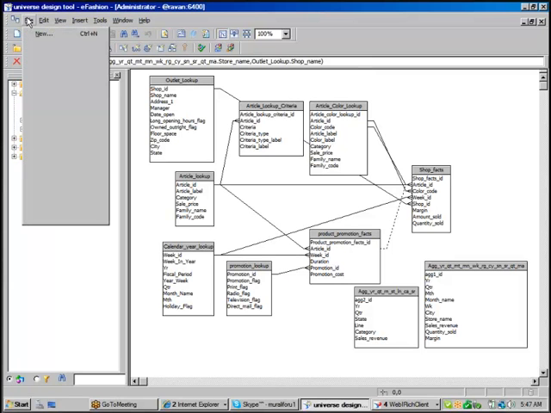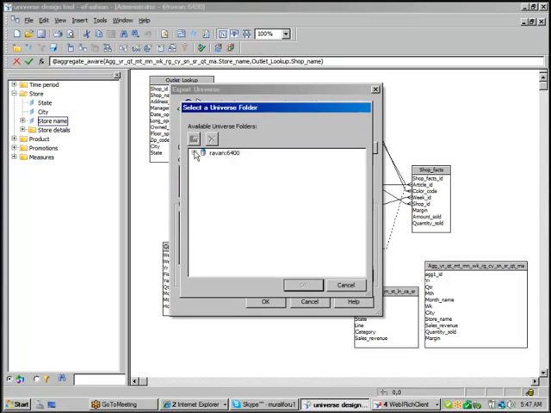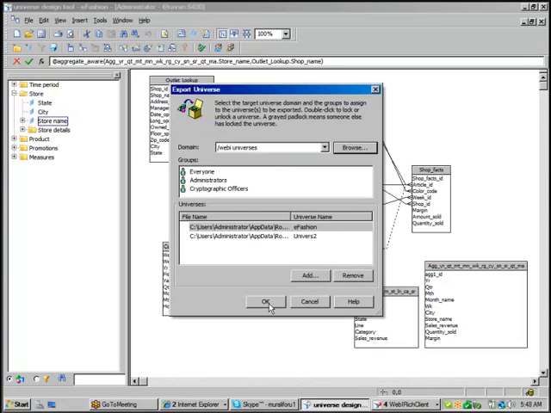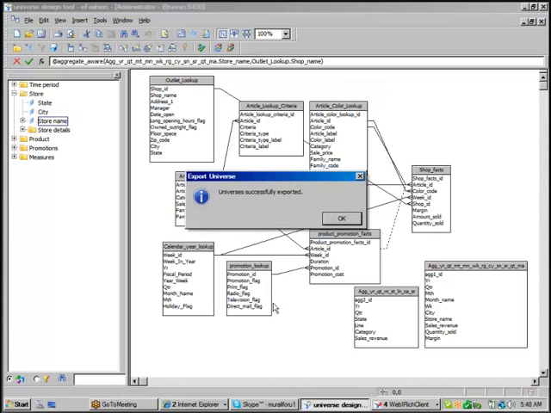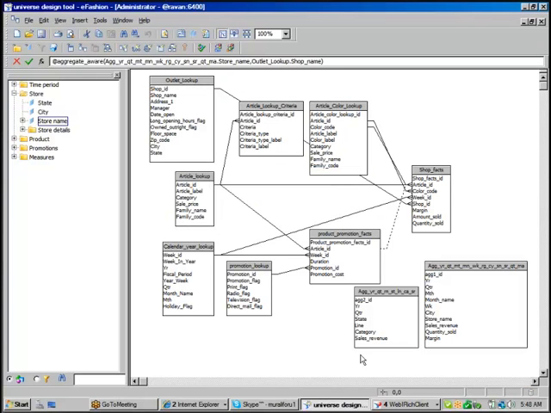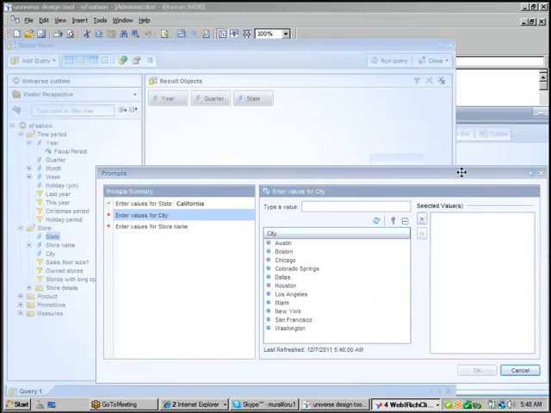Now save, file, export, browse to your WebI Universes folder. Click on OK. Click on OK. Now you saved your universe. The universe is successfully exported. Now let's go back and create a report.